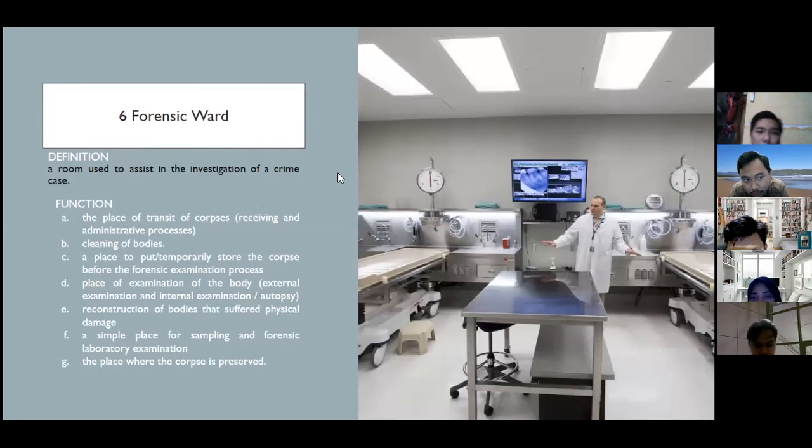Number 6 is forensic work. Definition: a room used to assist in the investigation of a crime case. The function is a place of transit of corpses or receiving, administrative process, cleaning of the body. Next, a place to put or temporarily store the corpse before the forensic examination process. Place of